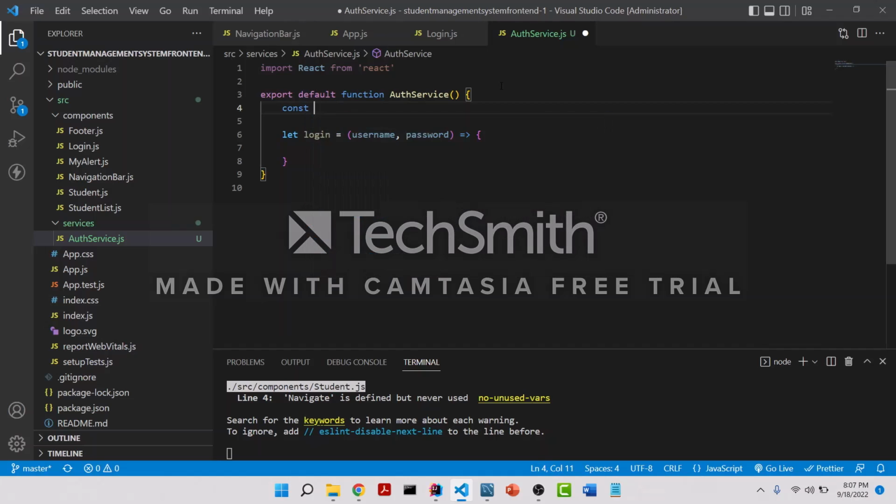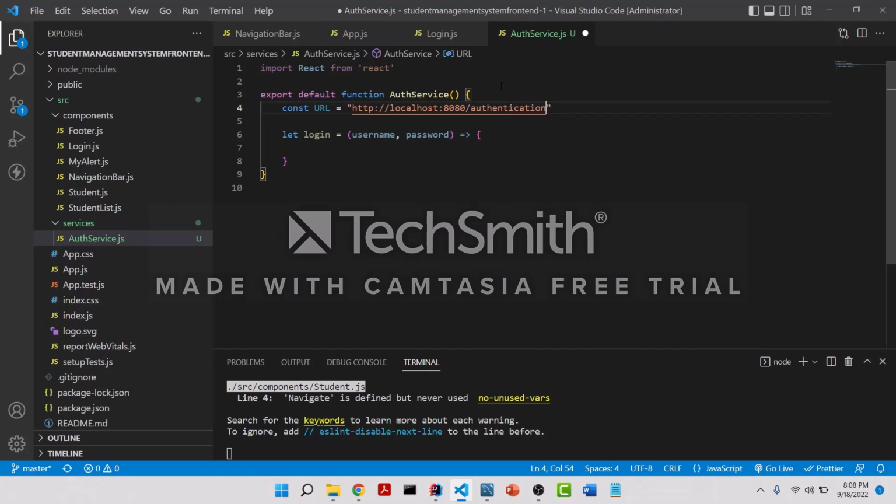So constant url is equal to, let's say, http colon slash slash localhost. As the application is running on the same machine, that's why I'm writing localhost, otherwise this would be different. So localhost colon 8080 slash our authentication